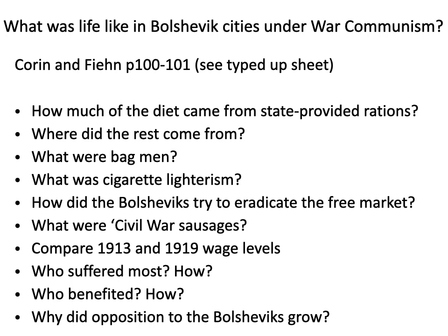Even in the cities, life was hard for the Russian people under war communism. Despite grain requisitioning, there were massive food supply problems. People were starving, even those favoured by the harsh rationing system. The rations were so meagre, it's estimated they actually made up only about a third of people's diets. People made up the rest through the black market. Workers would sell handmade or stolen goods for food brought into the city by illegal bagmen who ignored the ban on private trade. Those who couldn't steal goods from the factories sold what they could: clothes, jewellery, even themselves.